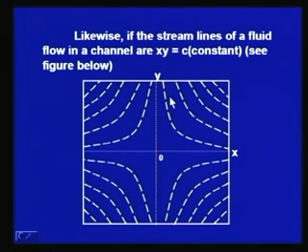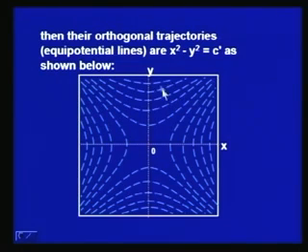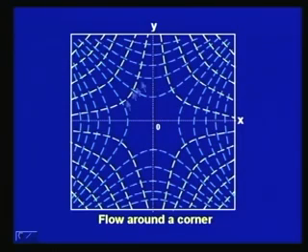They are the streamlines of a fluid flow in a channel. Then their orthogonal trajectories, that is the equipotential lines, turn out to be x² - y² = c'. They again are a family of hyperbolas as shown in this picture,